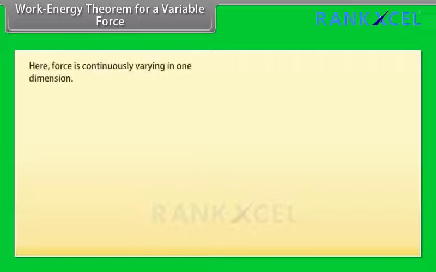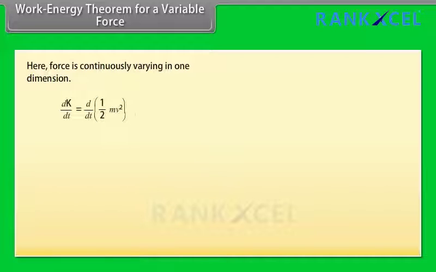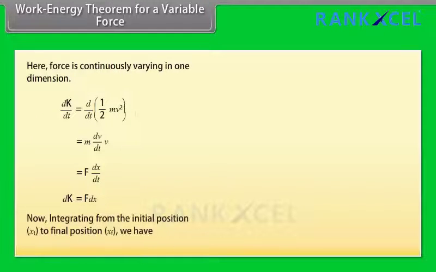Work energy theorem for a variable force. Here, force is continuously varying in one dimension. By calculating dK/dt equal to d/dt of half mv squared, we get dK/dt is equal to F times dx/dt, which gives dK = F dx. Now, integrating from the initial position xi to final position xf, we have